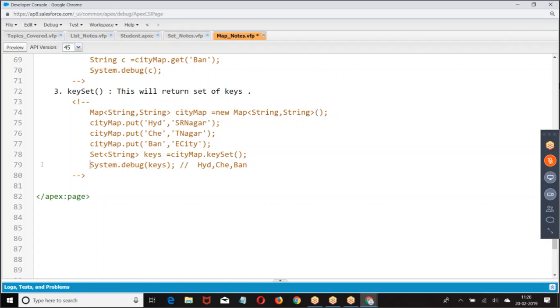Now, create a map. Everyone start doing it.